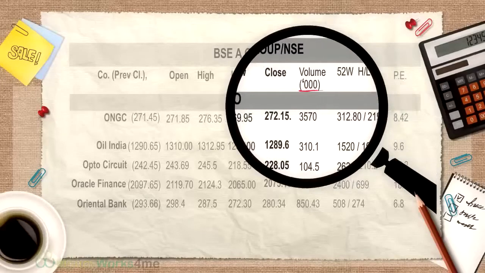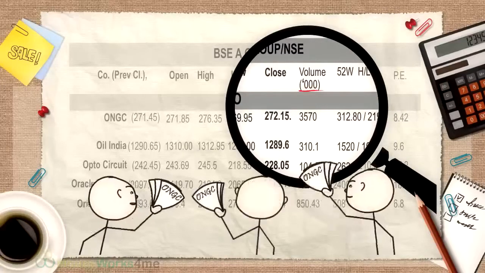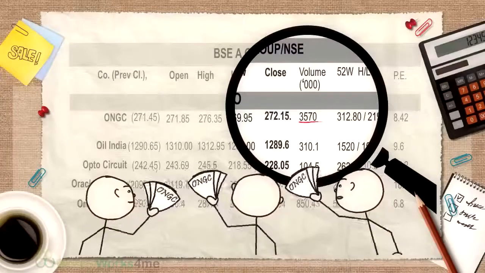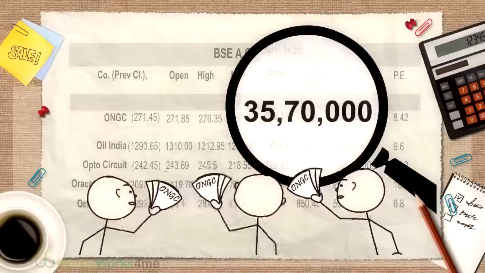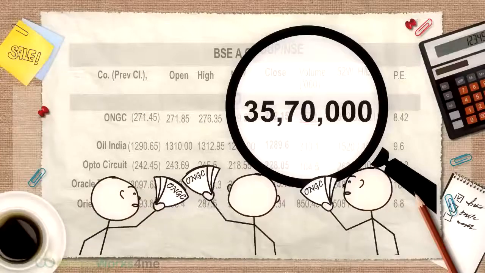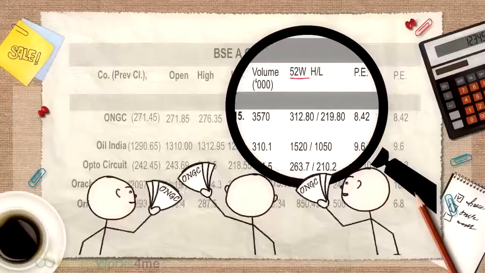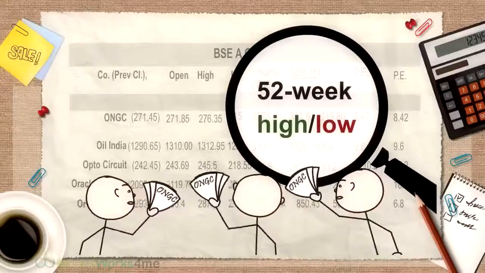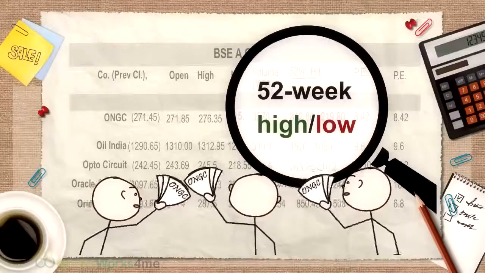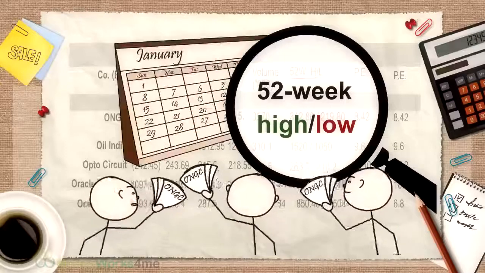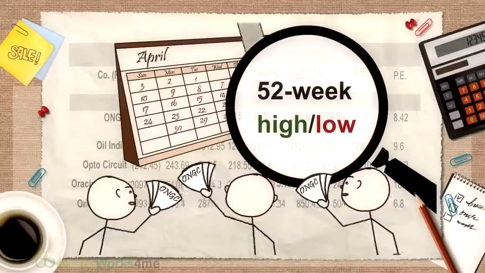It is usually given in units of 1,000 shares. In this case, a total of 35,70,000 shares were traded on the exchange that day. After that comes the 52-week high-low of the stock. This tells you the highest and lowest price the stock was traded at during the preceding 52 weeks, that is